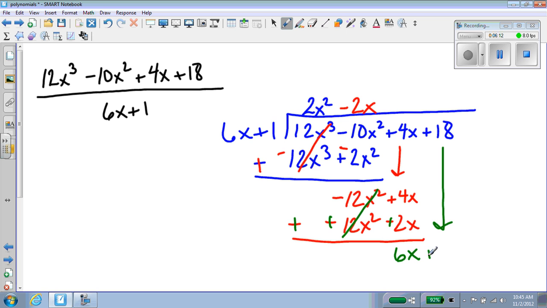Bring down my plus 18. What would I multiply 6x by to get 6x? I would multiply it by 1. Everybody gets multiplied by 1. So 6x plus 1. I draw a line and I subtract,